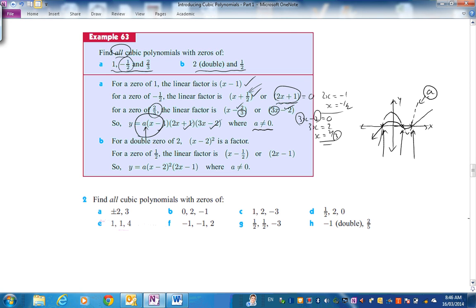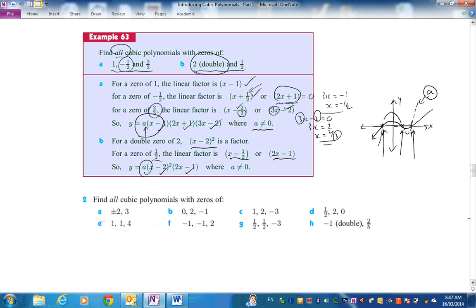What about the second one here? 2 is a double root, double 0. So therefore (x - 2) squared is a factor. So it's a touching point. For the zero of a half, the factor is (x - a half) or (2x - 1). So the function is this one here, and you put an A in front. If you knew a point on the curve, you could evaluate that A, couldn't you,